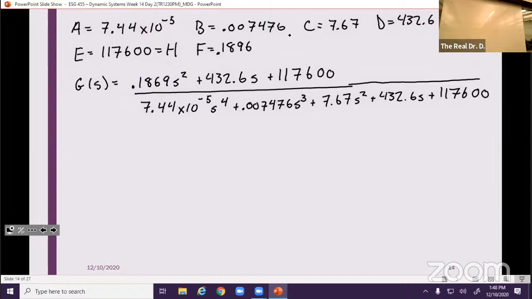So that's good, right? That looks fantastic. Looks very good. Looks better than it did before when it was all the M's, the B's, and the K's. But there's still one more thing that I want to do. I'm going to put this into sort of pseudo standard form. And I'm going to divide through by 7.44 times 10 to the minus 5. So I'm going to clear that S to the fourth coefficient. Why am I going to do that? Well, you'll see in a second. All right, so if I do that,